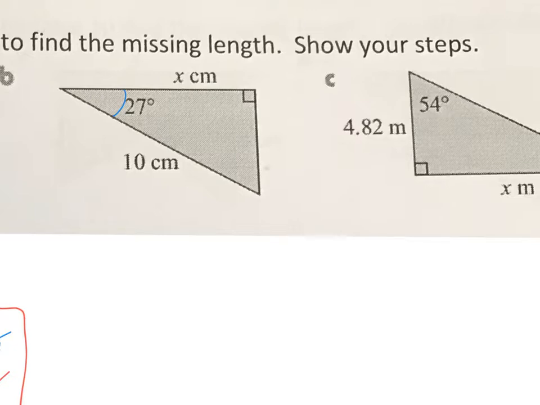This side is across from the 90-degree angle, so this is the hypotenuse. This side is across from the 27-degree angle that we're interested in, and so this should be the opposite. But we can't use sine because we don't know this side. We're looking for this side, and this side is next to the angle but not the hypotenuse, so this side is called the adjacent. So we're looking at the adjacent, and we know if we take the adjacent and divide by the hypotenuse,